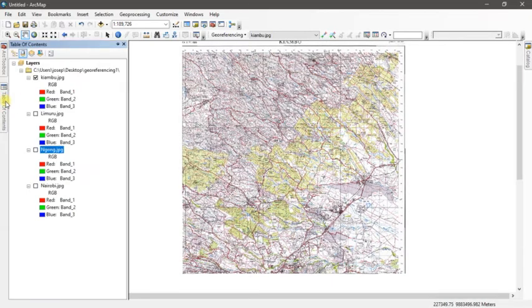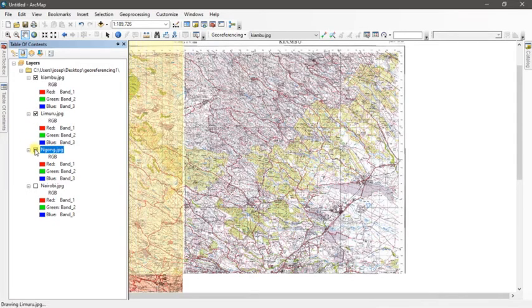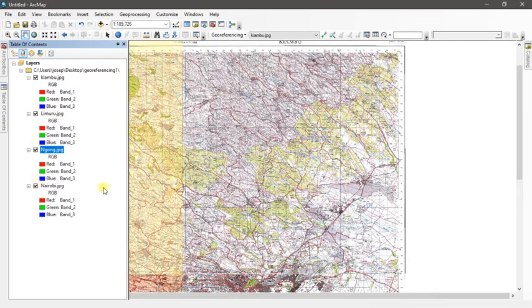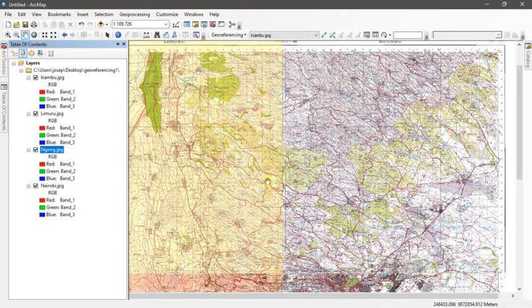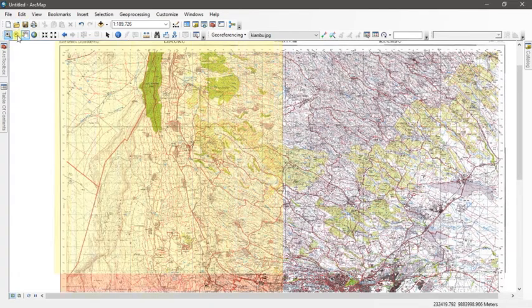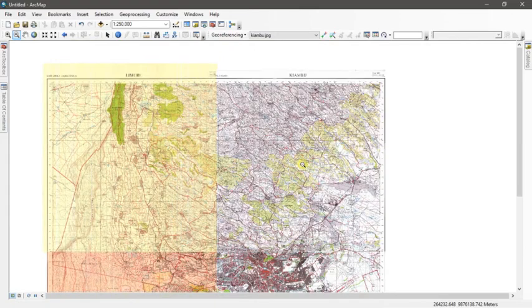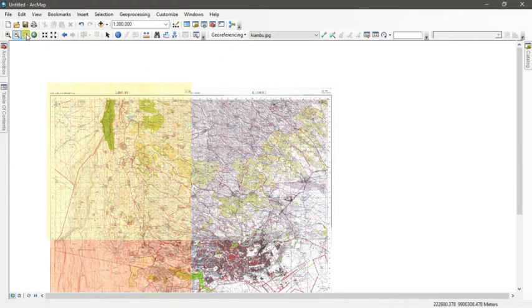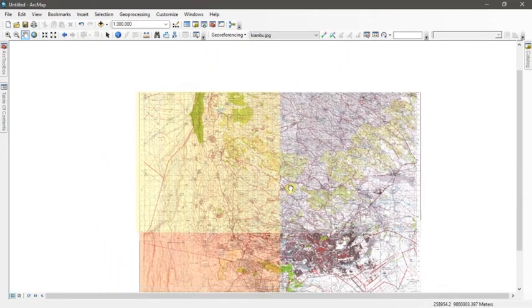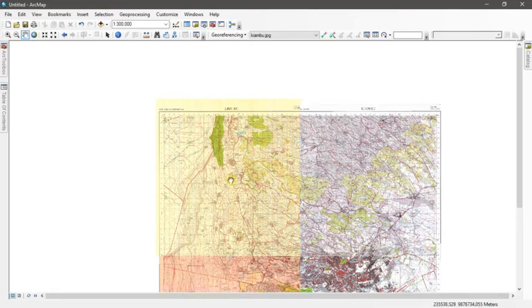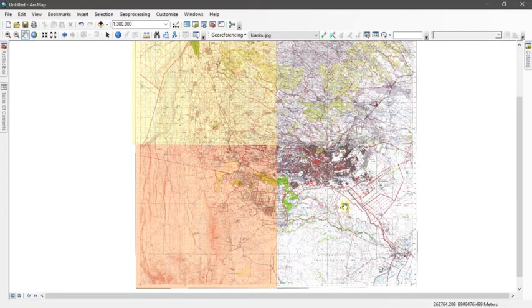So now I can bring in my other maps. Now these are maps, they are no longer images, and there you go. Now we have one topographical map having Limuru, Kiambu, Nairobi and Ngong.